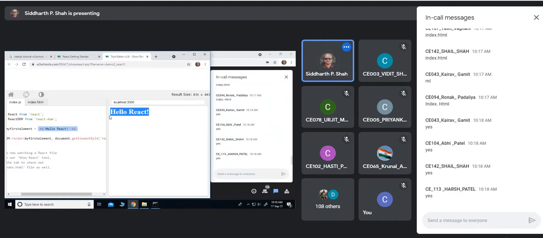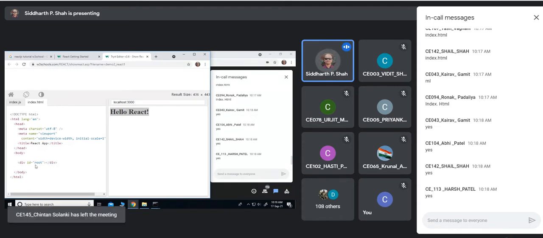Good. Again, there is no app.js right now. Still, it is working fine. The important files are these two files, index.html and index.js. And they are connected. In index.js, you just call ReactDOM.render, and whatever you want to render, you need to put as the first argument. And the second argument is document.getElementById root. And that will be rendered here. So this will be the root element of the whole UI that you are going to create.